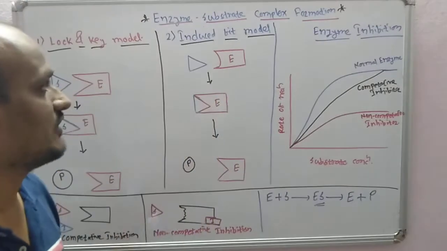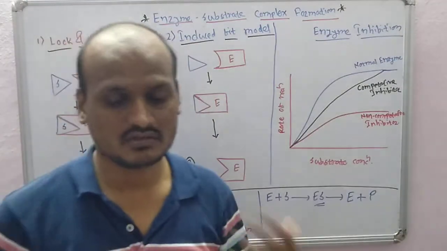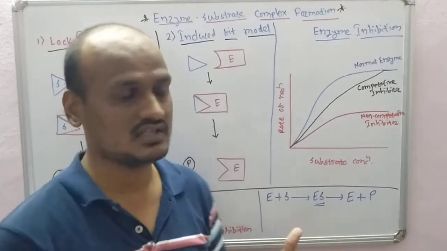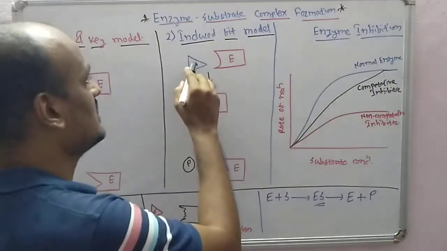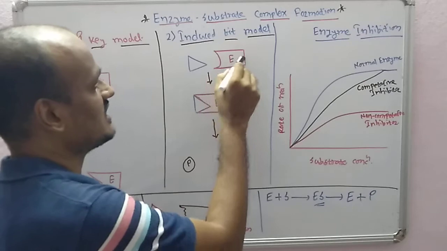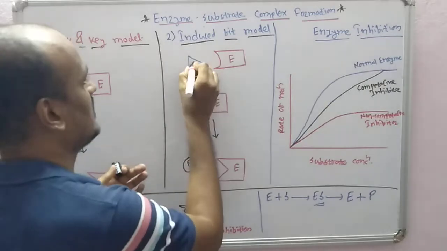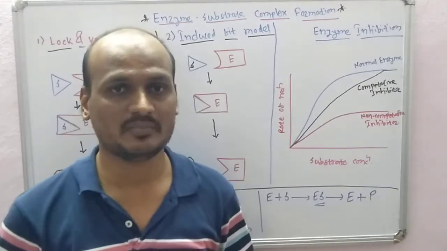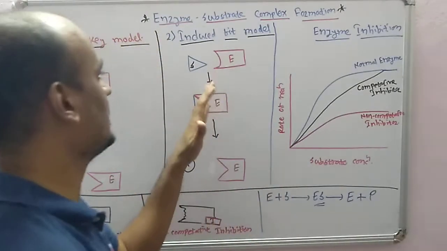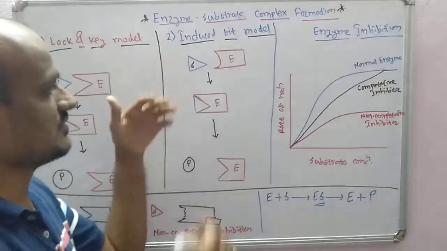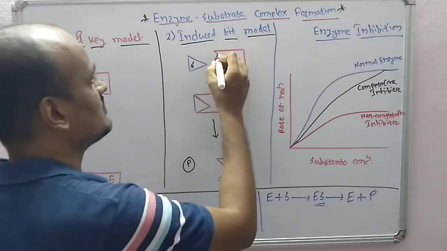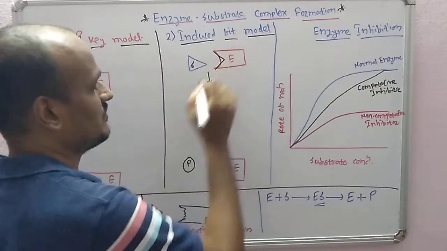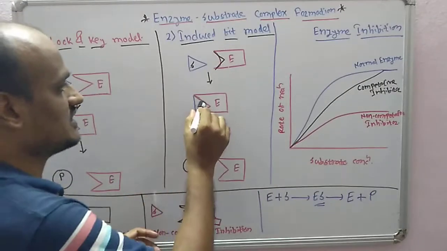The next mechanism we have is the induced fit. It was assumed that it may not be possible that the enzyme will have this mechanism. So this is the triangular shape and the enzyme shape. This one is the substrate, and we assume that the enzyme doesn't have a complementary triangular shape with it. So when substrate and enzyme come together, there is an induced arrangement in which the shape gets distorted and becomes triangular. So now this is an induced fit.